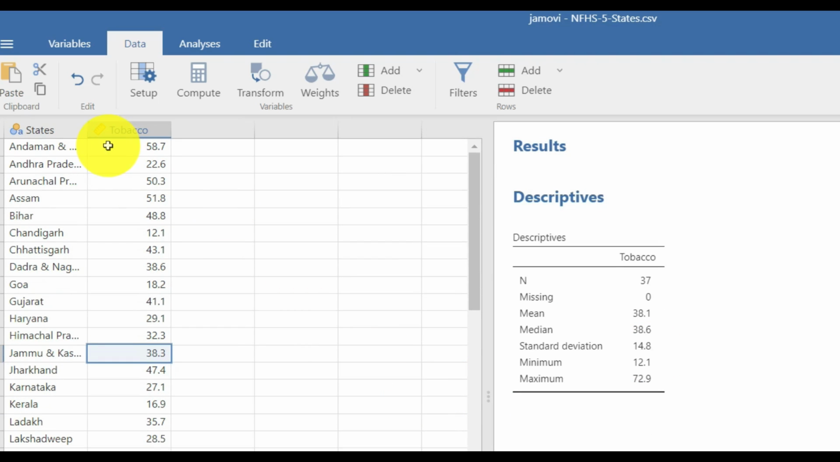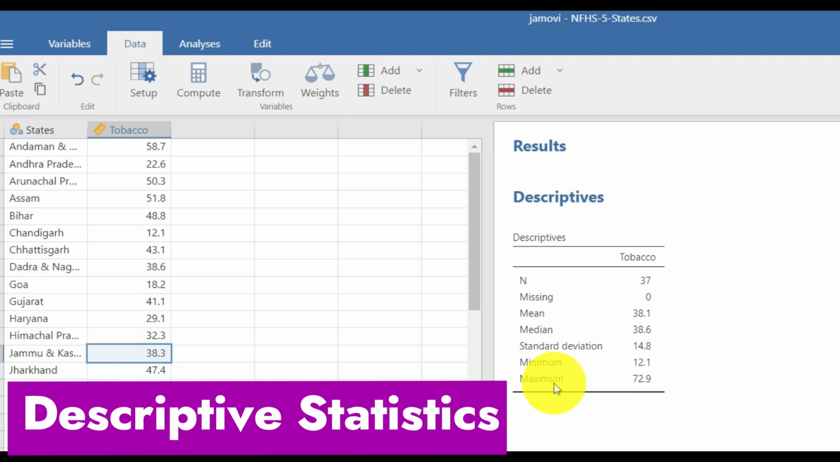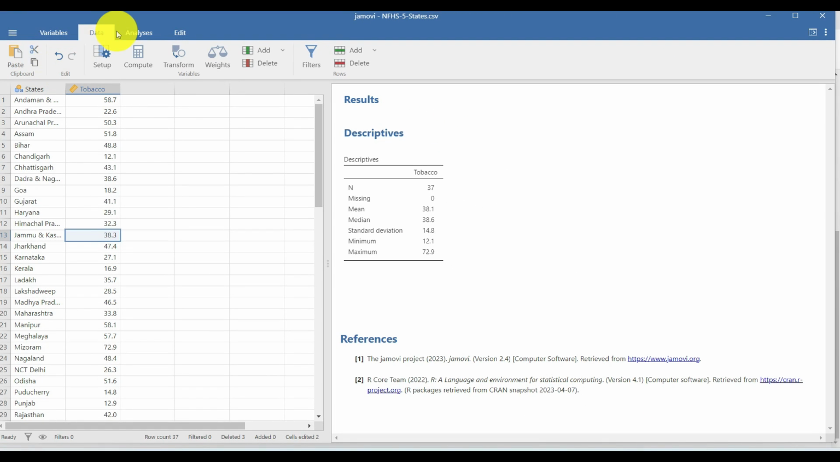As you can see here, this has changed to a scale now, and the descriptives now show me the entire thing. It shows me that the mean is 38.1. It tells me that the median is 38.6. It tells me the standard deviation, the minimum and maximum. If I go back to that column,